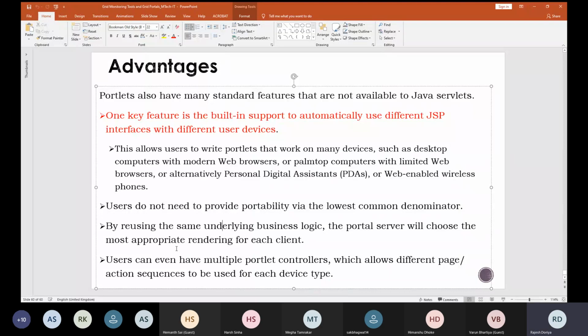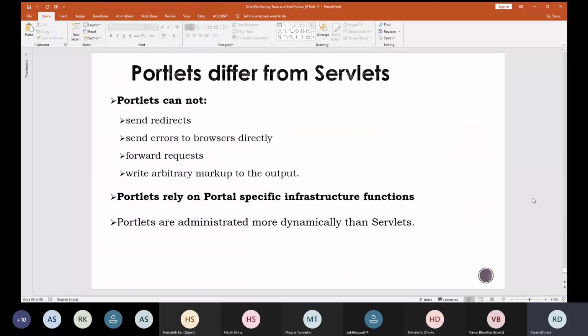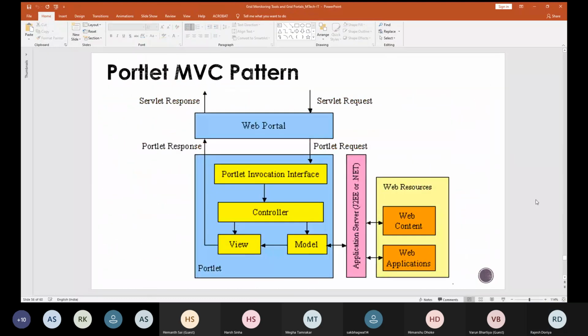This enables a number of users to access different devices in a variety of ways, and the action sequences can be changed. These are some of the advantages one gets with portlets in second generation grid portals. Any doubt, any query, students?